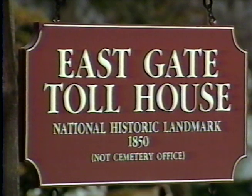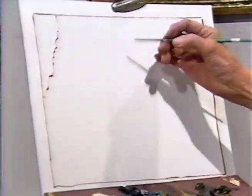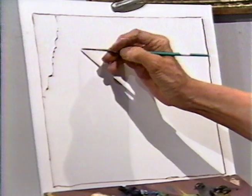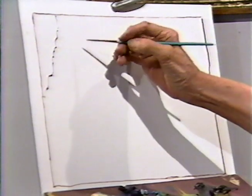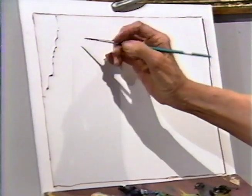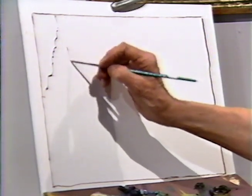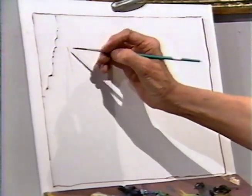I'm going to lay the house out first. Here is the general demarcation of where my foliage is going to run, and I'm going to put the house slightly lower than what it is on the monitor, because I want to show the rest of that pine tree going up. I don't like to cut the tops of pine trees off. And here is the general placement of this little house,